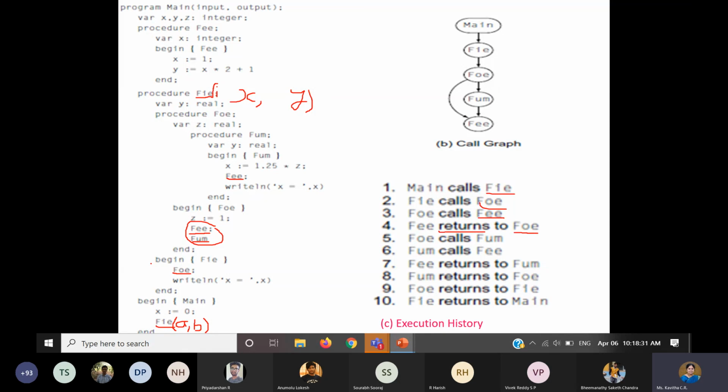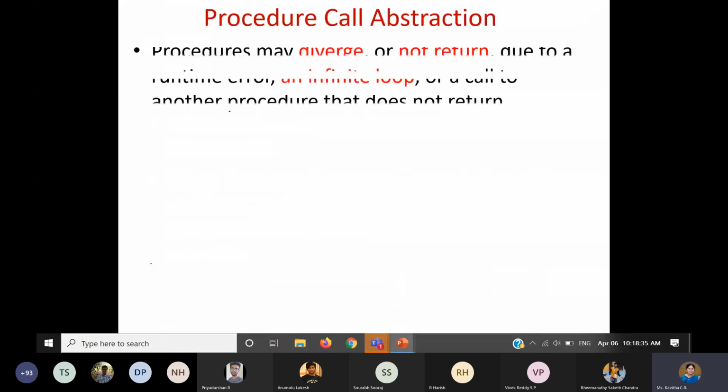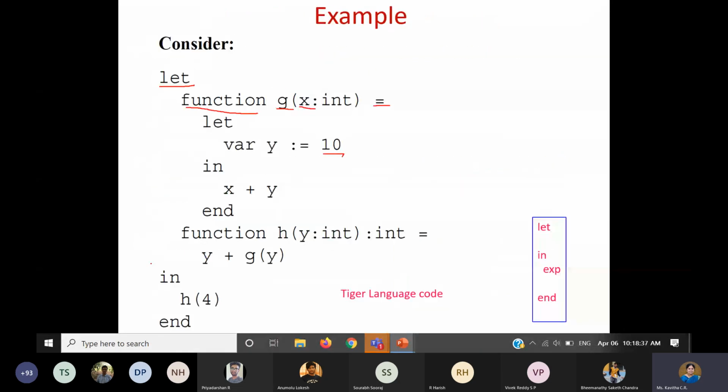That is why I am giving the Tiger language example also, which is similar actually. So in the Tiger language, did you notice that we have the parameters to be passed? And not only this, we can even have the return type. See here, how we will represent the return type. After this, we will have one colon, and then the return type here, integer, like this. Anyway, I will upload that resource. You can just go through it if you are interested.